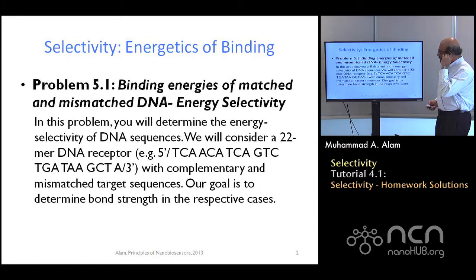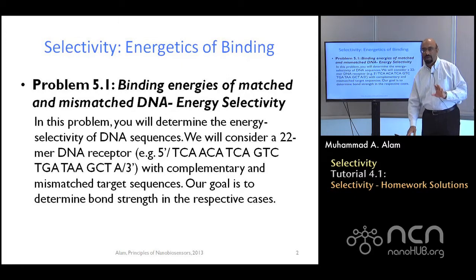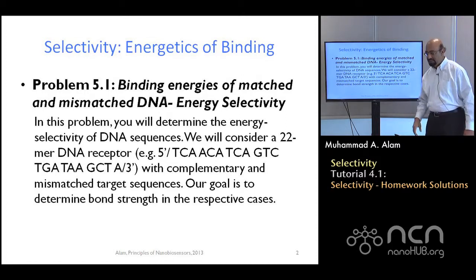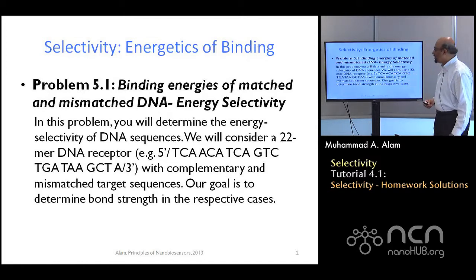So the first problem, 5.1, had to do with the energetics of binding. The bottom line, you understand the problem, right? The bottom line was that if 2 DNA were perfectly conjugate, they should bind very strongly, and that is what we want. But it turns out in many cases, even if there is a parasitic molecule which should not have bound ideally, it still binds and gives a false parasitic signal. So this is what we're trying to understand, how strong are those? Can we increase the temperature of the solution a little bit so that all the parasitic molecules that got bound can be melted away and washed away? So that's what we're trying to understand.